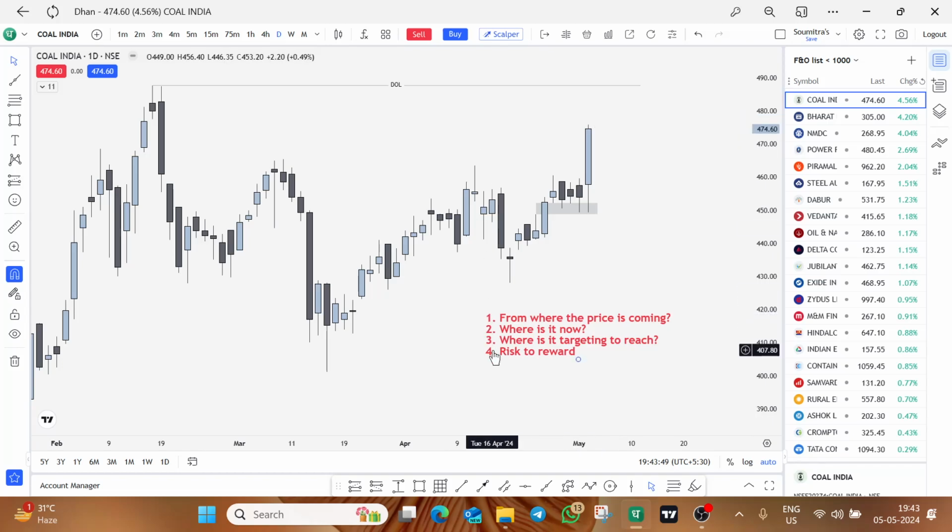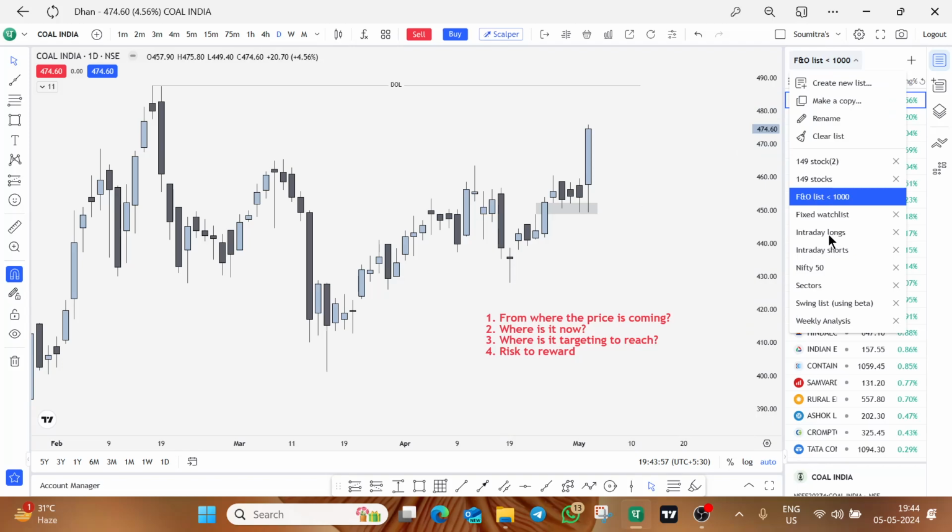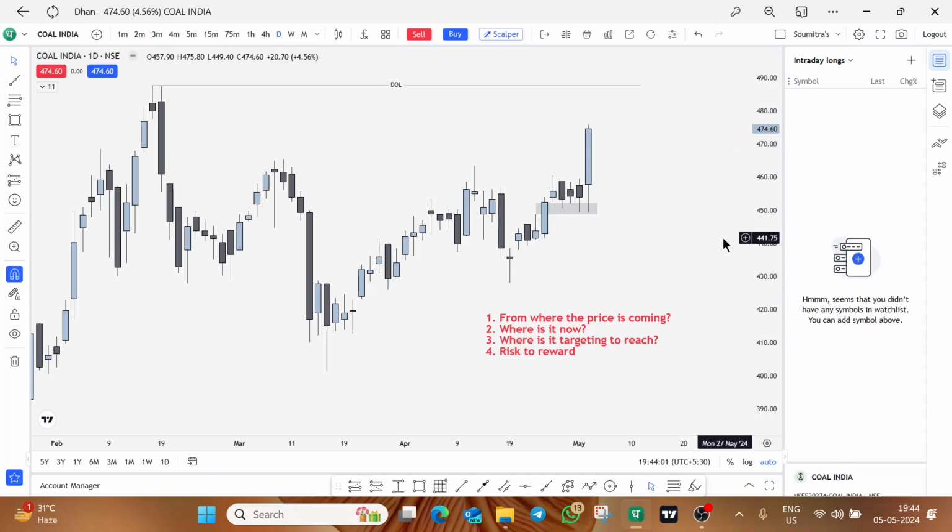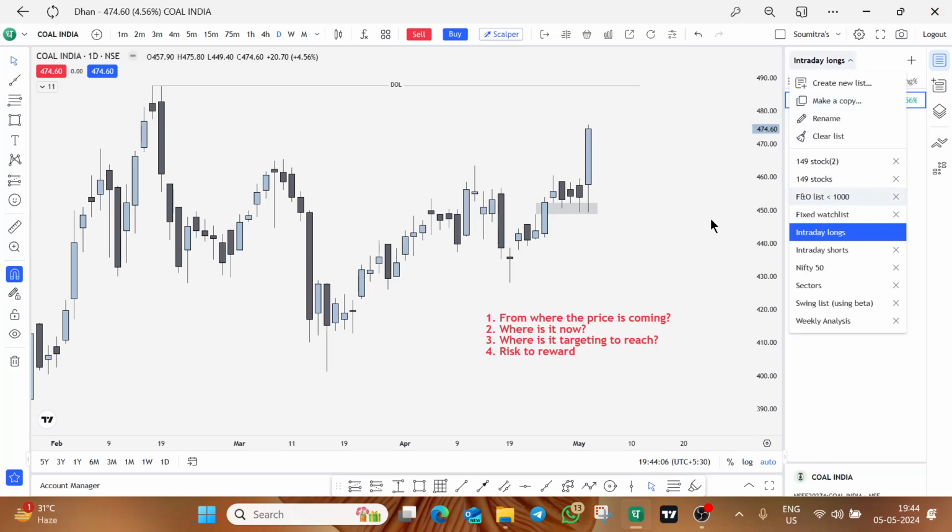So based on that, we are able to answer these 4 questions with a certain amount of certainty, and therefore I will include this stock in the next day. So I have a separate watch list called intraday longs. I will include this stock in this watch list. So then I will again go back